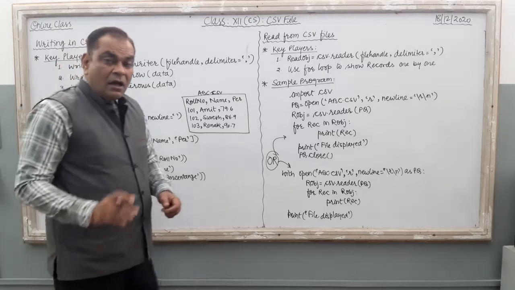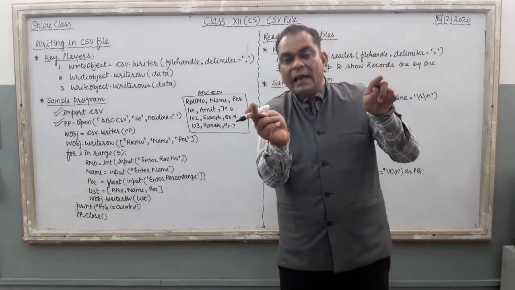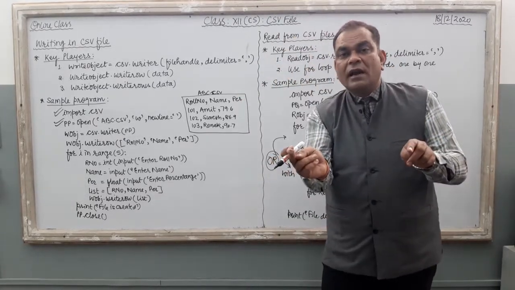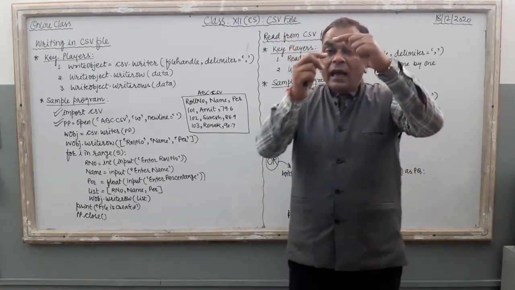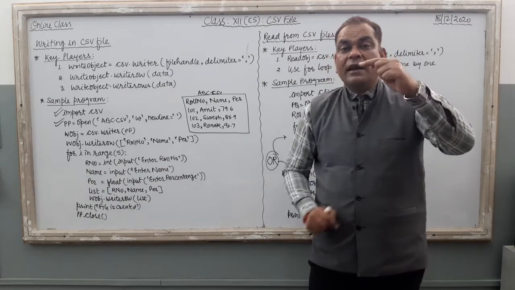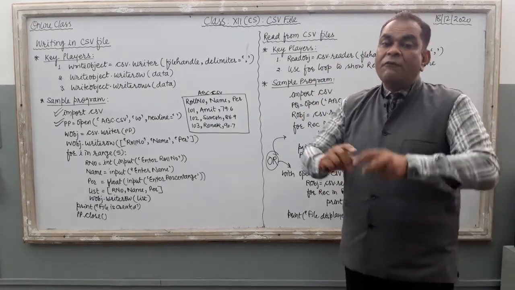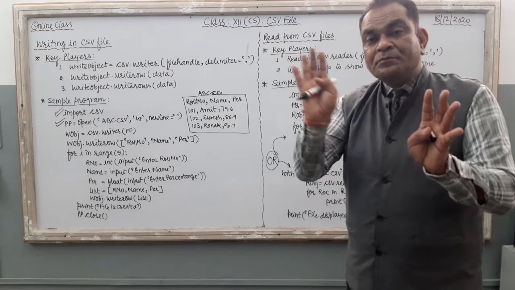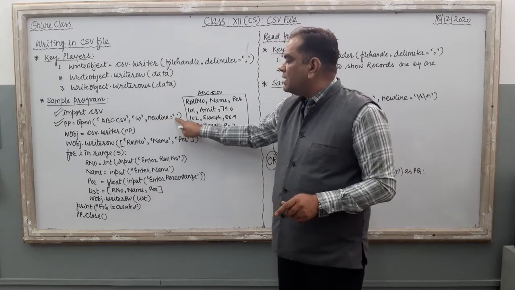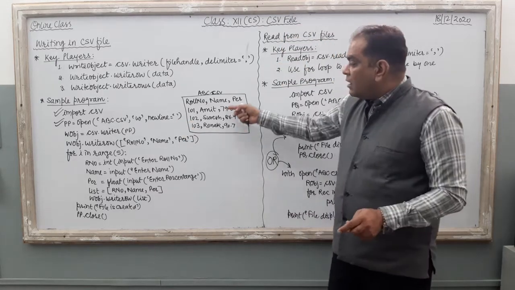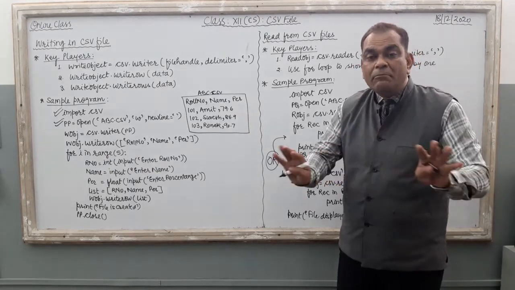अब ये newline क्या करेगा? Generally when you are going to write something in the CSV file, पहला record write होता है, दूसरी line computer blank छोड़ देता है, फिर दूसरा record write करेगा, फिर अगली line blank, फिर तीसरा write. By default computer की setting ऐसे होती है. Now blank lines are there after each and every record. If you want to remove that blank line, if you want to skip the EOL operation in each and every line, तो उसके लिए आपको क्या करना पड़ेगा? newline equal to inverted comma start, inverted comma close, so that the records are going to save in the file one by one without having any blank line.